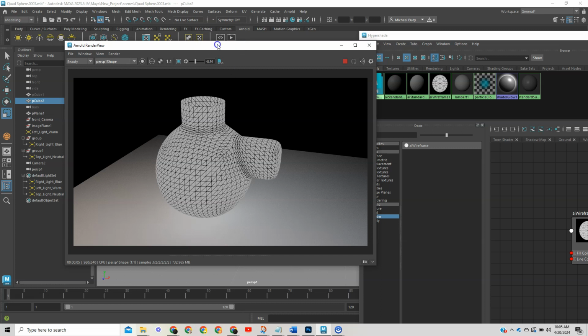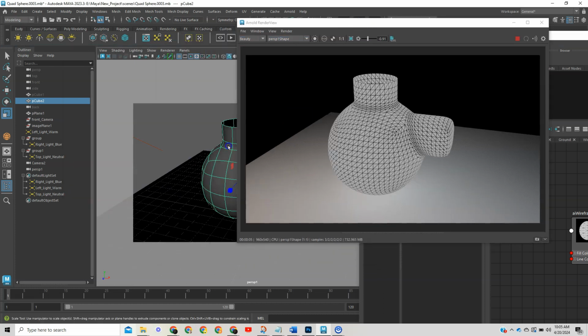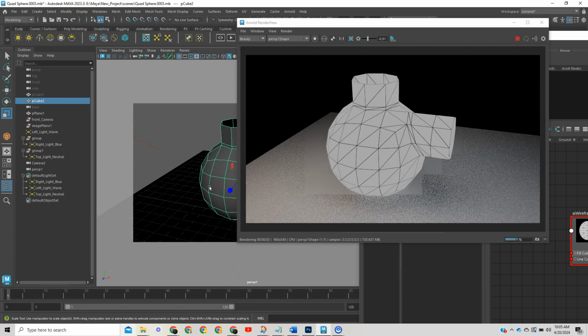Now, a thing to note is that this material is going to show wire based on the subdivisions that are on it,